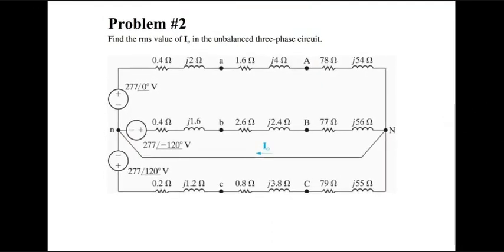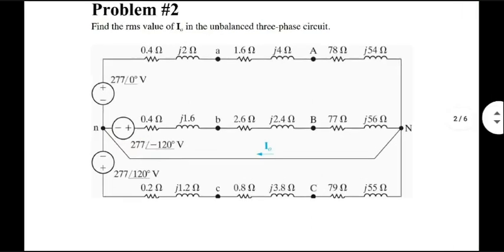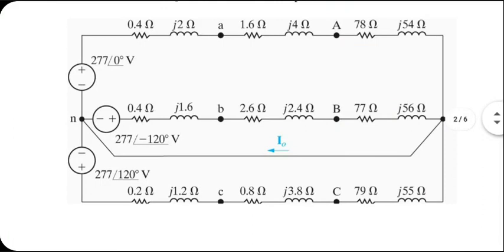This is actually a YY system, although they have drawn it in a different manner. But if you try to visualize it as Y system on the left side, I think you can see the point, right? There's a Y connection on the left side, and neutral wire is running from small n to capital N on the right side. And in between, these are star connections. This is a YY system for sure.